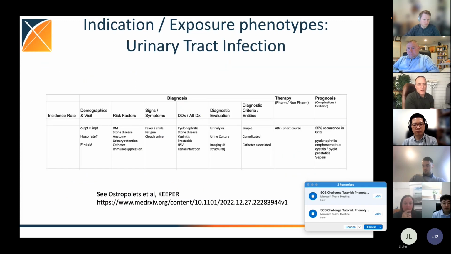And so starting with urinary tract infection and the exposure phenotypes, I find it helpful to summarize those main domains of diagnosis, therapy, and prognosis in a table like this. I did this quickly. It's not an authoritative source at all. These domains, like I said, diagnosis splits into things that largely affect your construction of a prior, so the incidence rate, demographics and visit characteristics, risk factors, signs and symptoms, and actually with some of this I drew on and